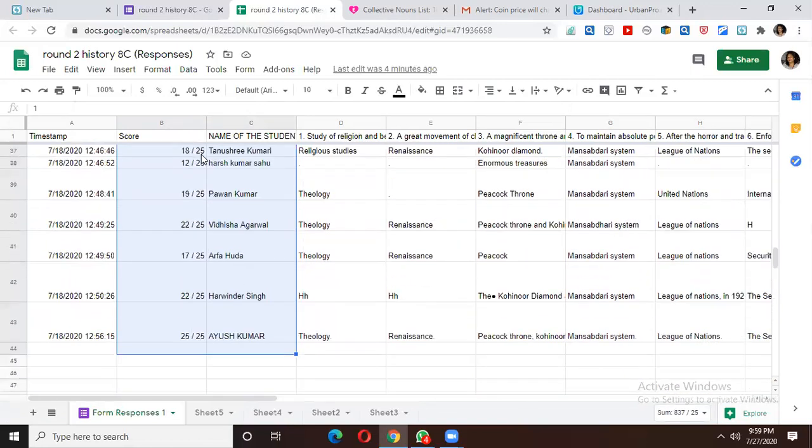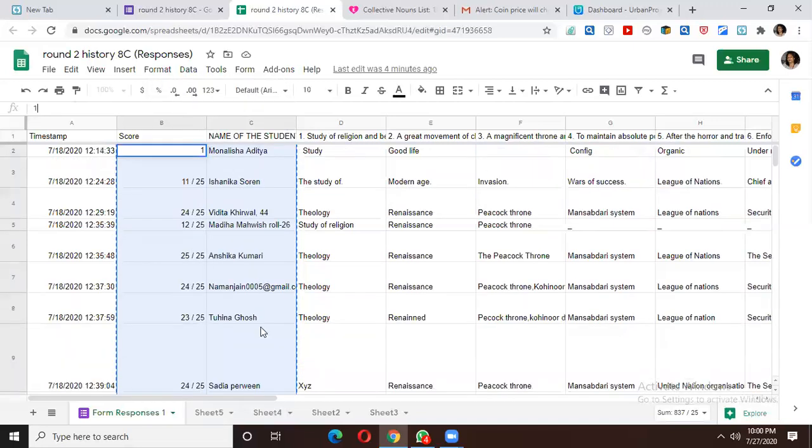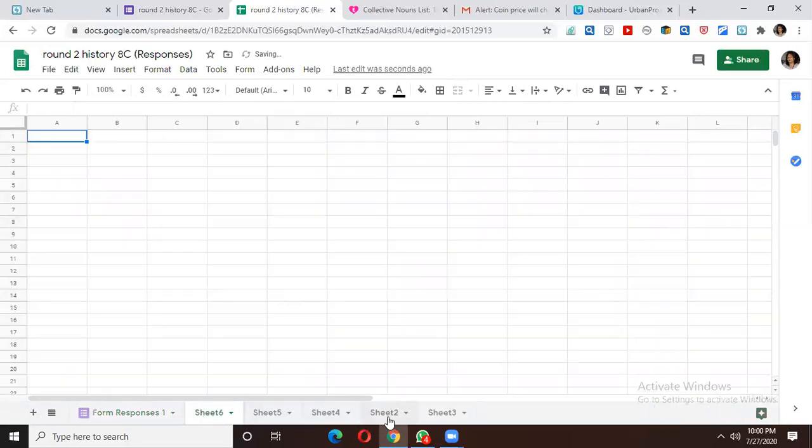Then, as these two columns are selected, we need to copy them. Now we need to go back down to the left. You can see my cursor here, which is showing add a sheet. If you press this, a new sheet will open. Now there will be sheet 2. You can see I have already used so many sheets. As soon as you open it, you get a fresh sheet, sheet 2.